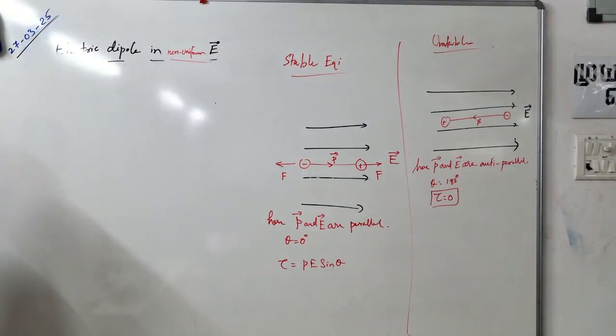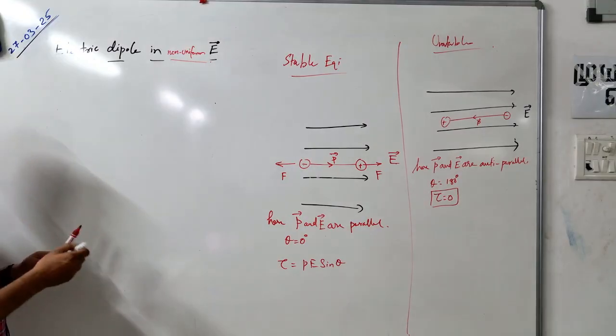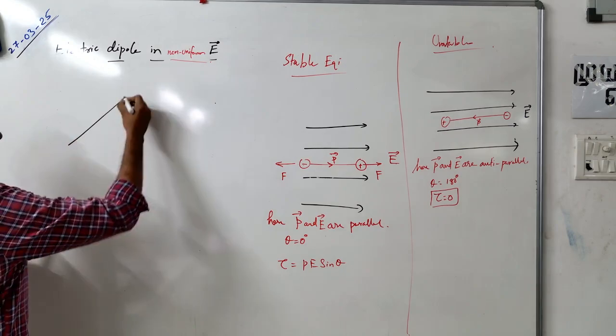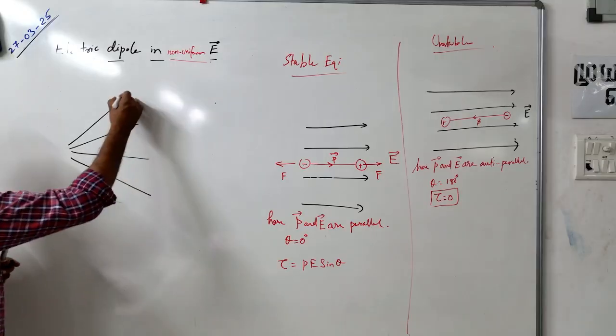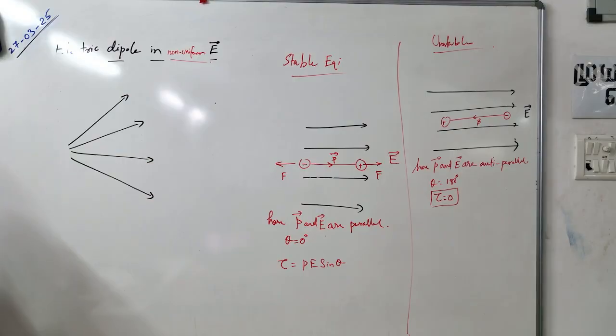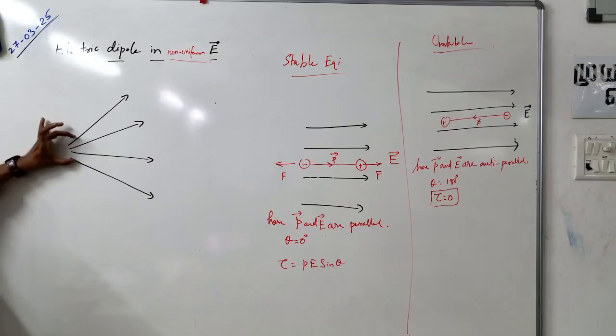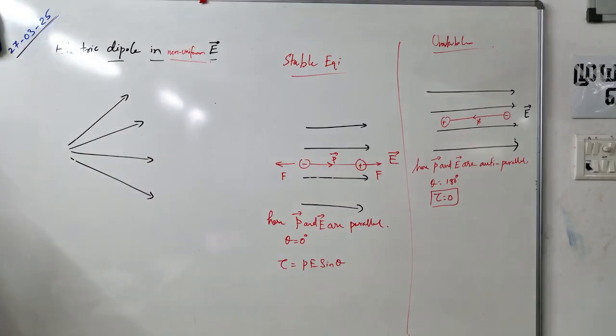A non-uniform electric field is depicted as non-parallel lines. From point to point, the electric field strength will be varying. Here more field lines are experienced, so the strength is strong here and weak here. So inside this, if you keep a dipole,